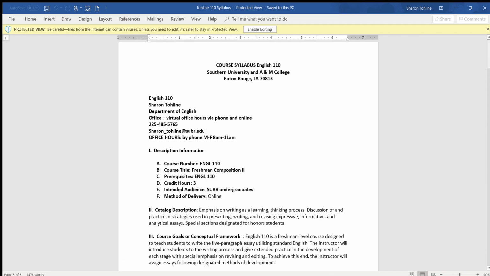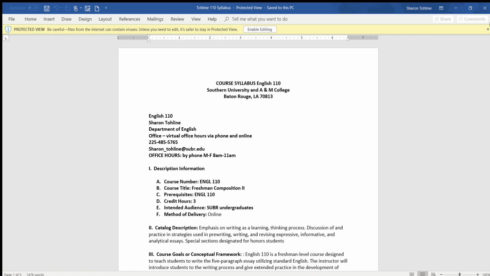Next week, we're going to be going over a second part of the syllabus that has to do with plagiarism. And I do that as a whole separate unit because I've had problems with it in the past. And so I just want to make sure it's clear to everybody and that you understand exactly what it is. And also it's going to factor into the things that we're going to do in the first unit. So next week I'm going to add a little addendum to the syllabus that just has to do with plagiarism. We're going to talk about the plagiarism policies. But other than that, you can find the basics here in your course